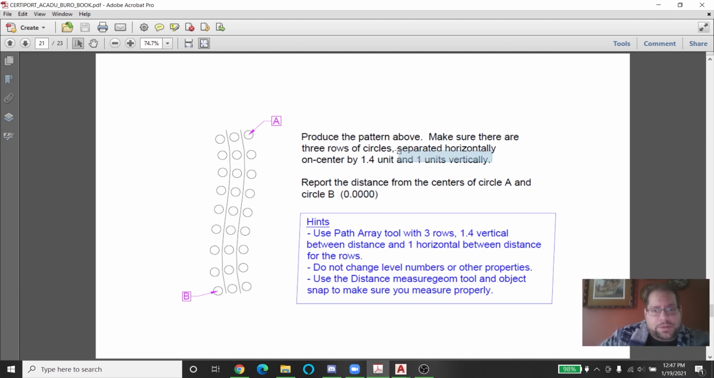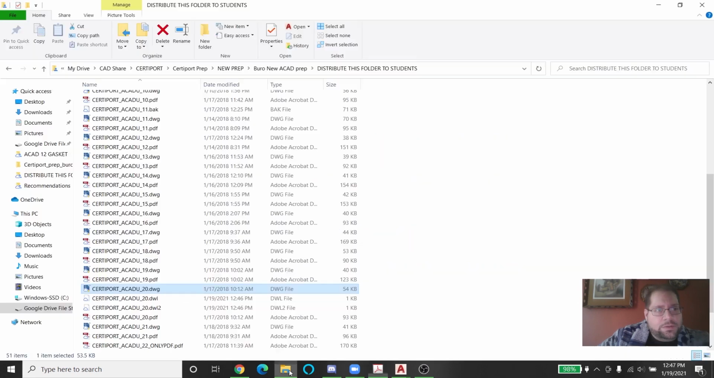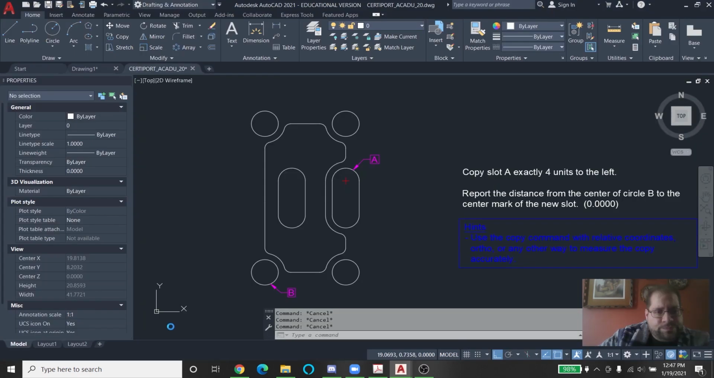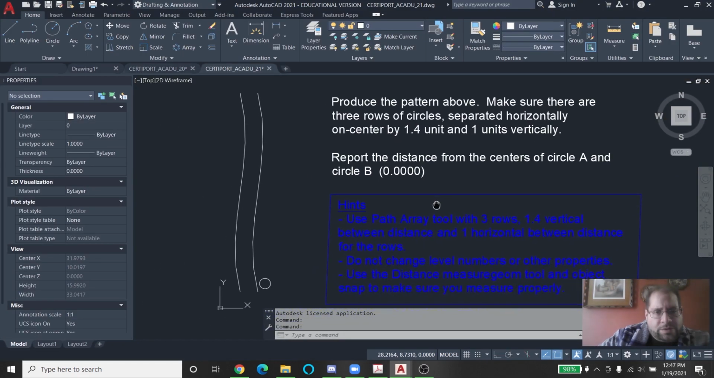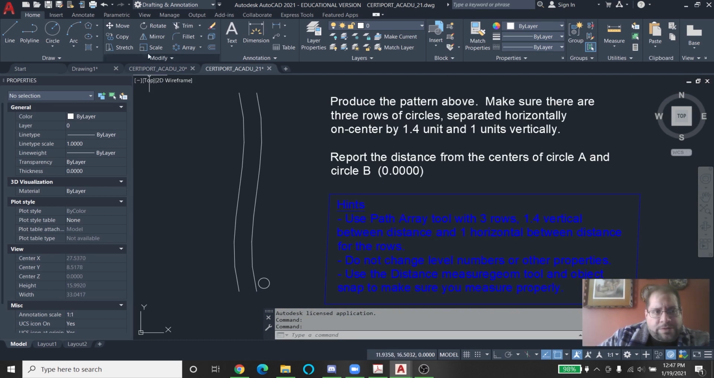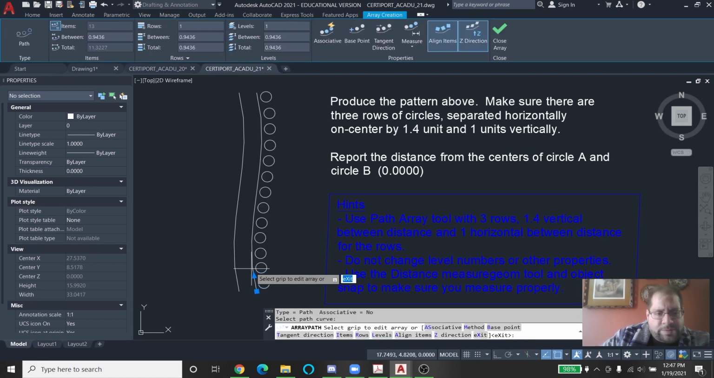The only part that's going to be weird is me measuring over here the 1 and the 1.4 because of the way it's described. So let's open up that file. Here we are. I'll pick path array. Pick the circle. Pick the line right next to it for the path. There we go. Now I need 3 rows,